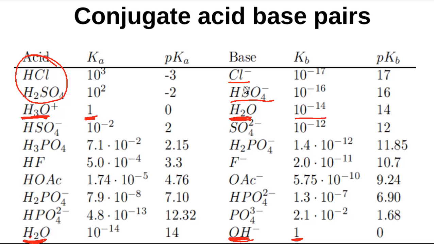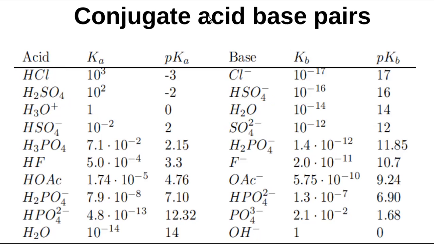And a corresponding argument would be valid also for stronger bases than the hydroxide ion. A much stronger base than hydroxide ion is, for example, the oxide ion. So if you would dissolve,